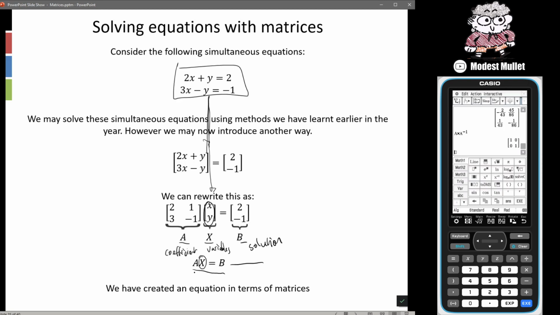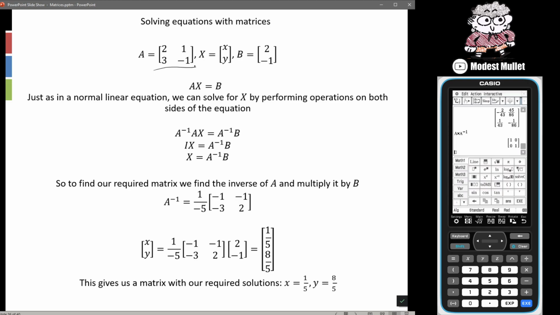So if we continue on with what we've got, this matrix equation AX is equal to B. We've got A as that, X as that, B as that. We can now rewrite it, and using this idea of inverse operations, well, if we multiply both sides by the inverse of A,